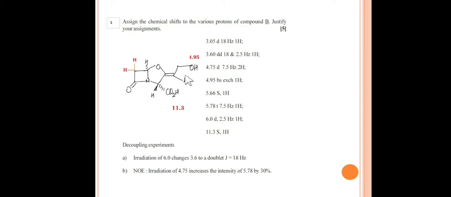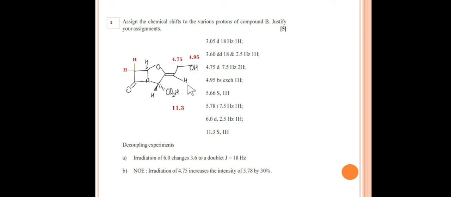Now you can see here there is a CH2 and here we have a signal of 2H. That means this CH2 might be associated with this signal. You can see that it is at 4.75 due to oxygen and it is showing a doublet. So this CH2 is coupling with this hydrogen and this coupling is vicinal coupling. The 7.5 Hertz coupling constant also supports the vicinal coupling. That means the 4.75 doublet is for this CH2. So I will assign 4.75 to this CH2.